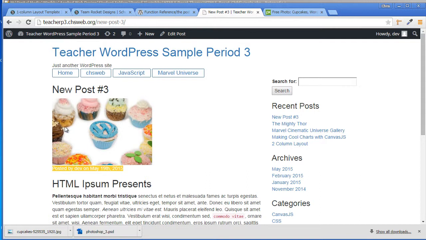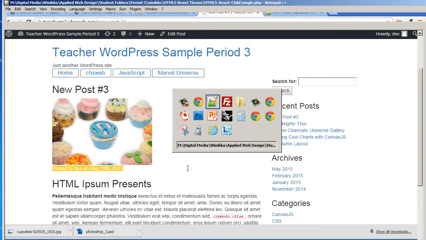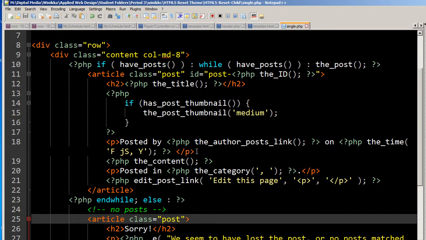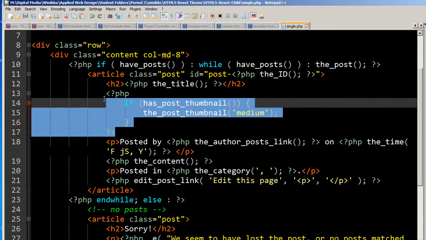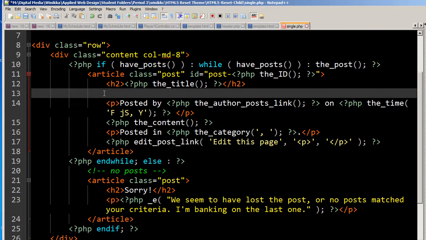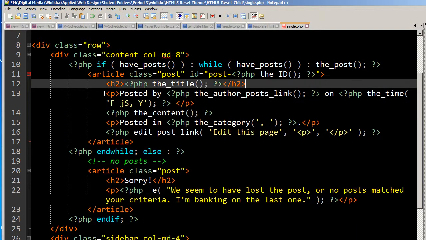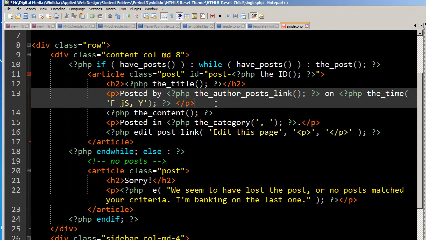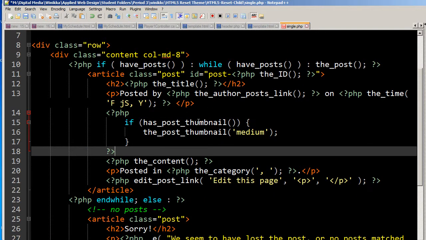Now, I should have put the thumbnail under the posted by, and I want to wrap it. So I'll show you how to wrap that in just a moment. So I should have realized that I did not want to do it until after, but sometimes you just have to test, see what it looks like, and then make your changes. So go back here, I paste it here, I'm going to save my changes, re-upload it, we'll take a look,